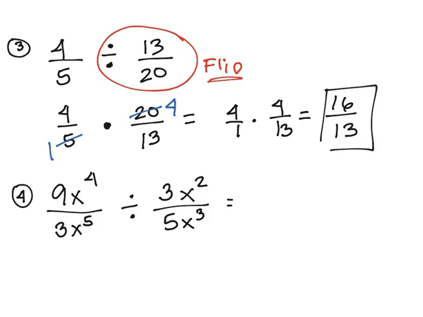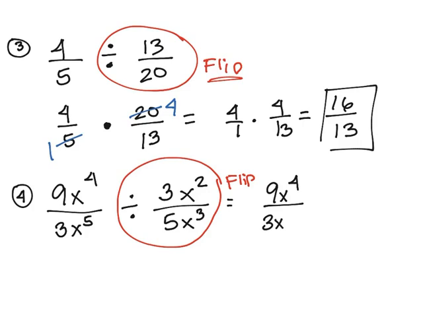So the very first thing we're going to do is flip that second one, okay? So we're going to keep 9x to the 4th over 3x to the 5th, change it to multiplication, and there we're going to put 5x to the 3rd on top and 3x to the 2nd on the bottom,